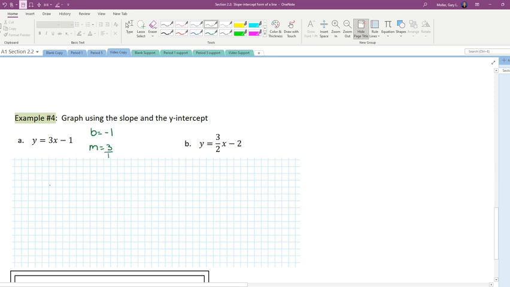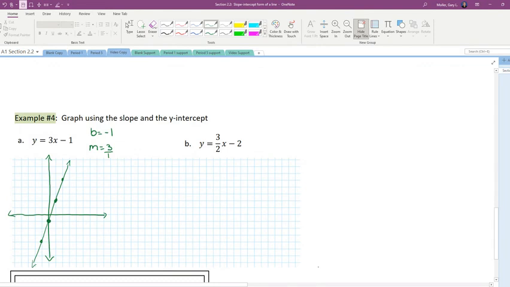So if I graph this, just think about what those two numbers tell us. Slope tells us a direction. A y-intercept is a point. So I need to start this graph somewhere. So I'm always going to start by putting the y-intercept at -1 there. And then my slope is 3, meaning from this known point, I go up 1, 2, 3, and over 1. 1, 2, 3, over 1. I could also go 1, 2, 3 down and negative. And I get